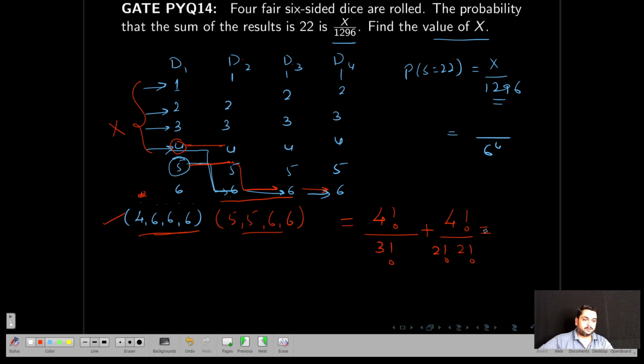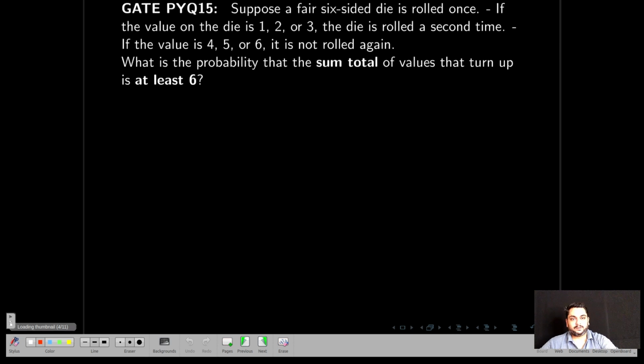So this value comes out to be what? 4 plus 4 into 3 divided by 2, 6. So the answer is 10. So the x value is 10. This is how you have to solve. Next,